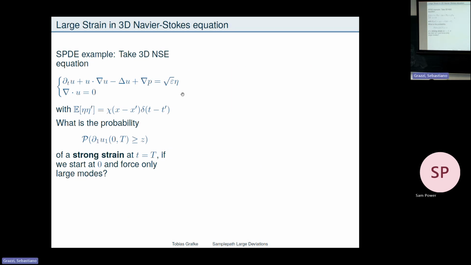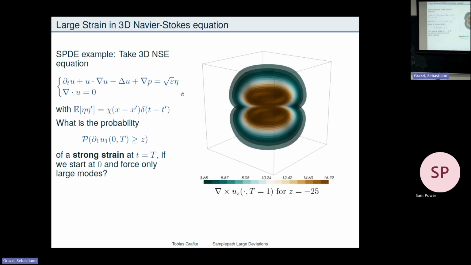And you can even do this for the Navier-Stokes equation, so for the 2 colliding vortex rings in this example. So this is expensive enough that you don't want to do this for many values, so we have it only for this strong vortex for this particular value of strain, who cares? But you indeed, again, say, with Monte Carlo, if I solve Navier-Stokes equation 10 to the 4 times, you get 1.5 times 10 to the minus 6, and indeed, prefactor computation e to minus the action divided by epsilon for this value of epsilon gives you 1.5 times 10 to the minus 5 as a magic number coming out.